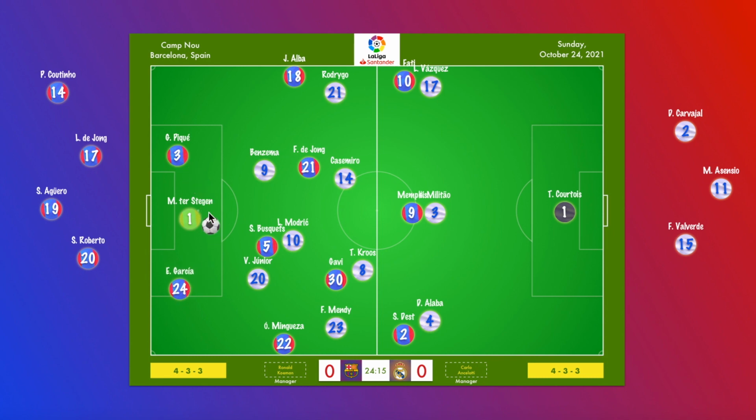Of course, if Piqué and Garcia are willing to drop back like this, then there can be passing options to his left and right, except they are further up the pitch, and there's perhaps a chance that if Garcia drops back, then Junior also can go here too, and same thing for Benzema and Piqué. So instead of going to these options or going out wide where Ferland Mendy is cover shadowing Mingueza, same thing with Rodrigo and Alba, ter Stegen actually does the following, which is Ansu Fati activates a run to cut in